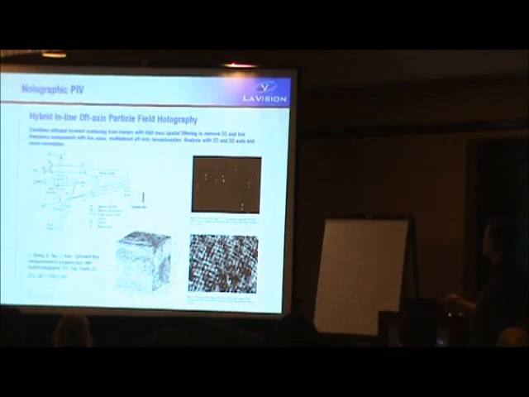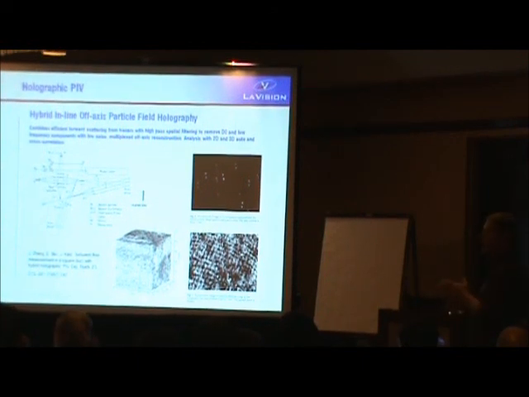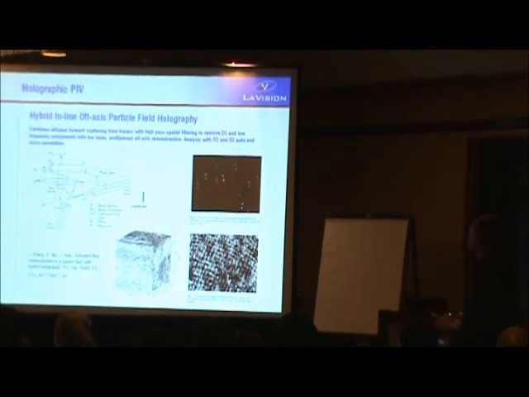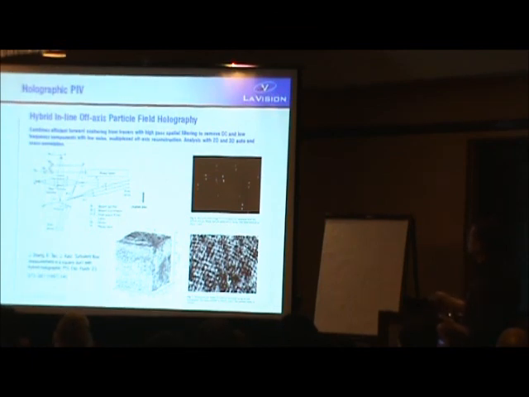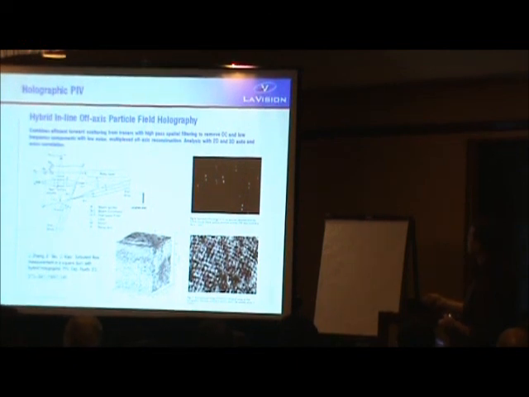So basically, the advantage of inline is that you've got your laser beam going through the measurement volume and you're relying on the near forward scattered light. But it's hybrid in that it also has this reference beam as well. So one laser is taken and divided essentially into three. You've got beam splitters there to divide off some of the light. And that illuminates the